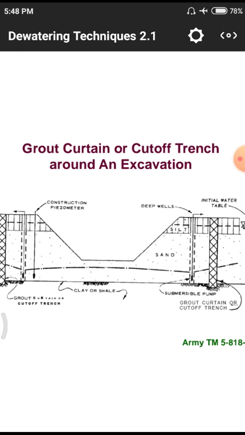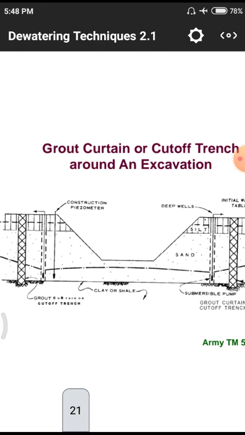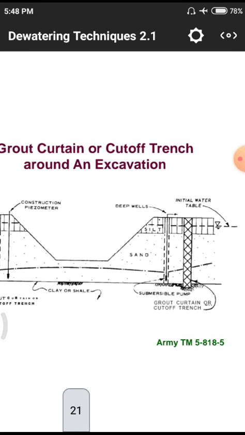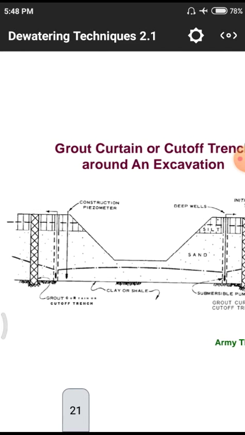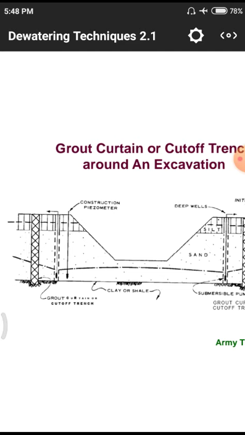Here we are using clay or shale soils. After that we are having the grouting procedure, cut off trenches on both sides of the soil. Why? Because the initial water table is up to some depth. After that we are having a sand layer. Next one, we are having piezometers. Normally piezometers are used to measure the flow of water in the ground level and other conditions, to measure the water table. These piezometers are normally available in the fluid mechanics labs and others.